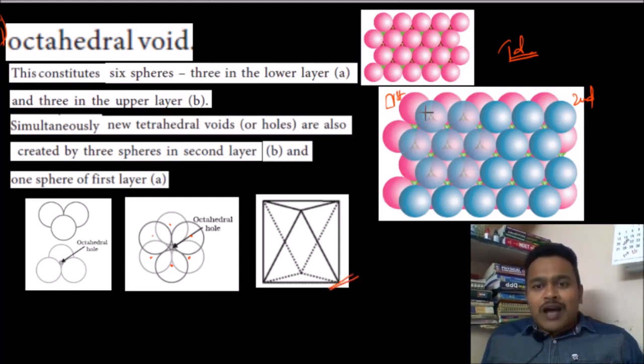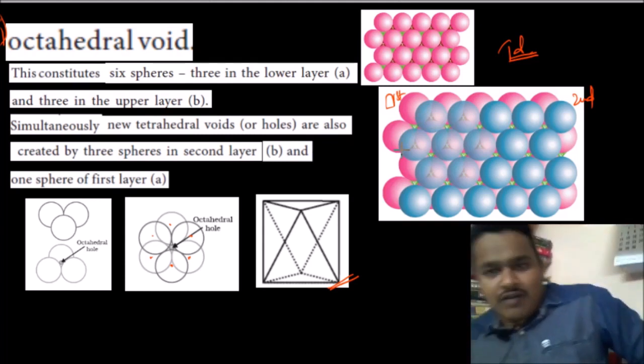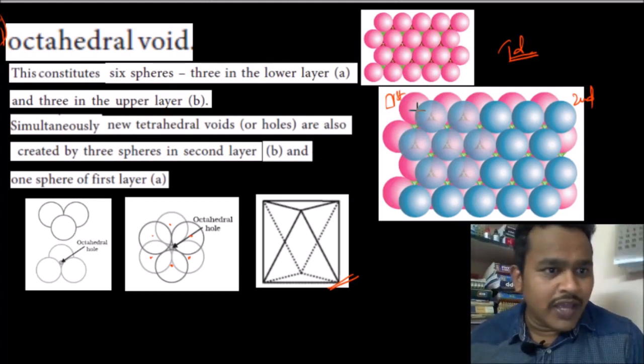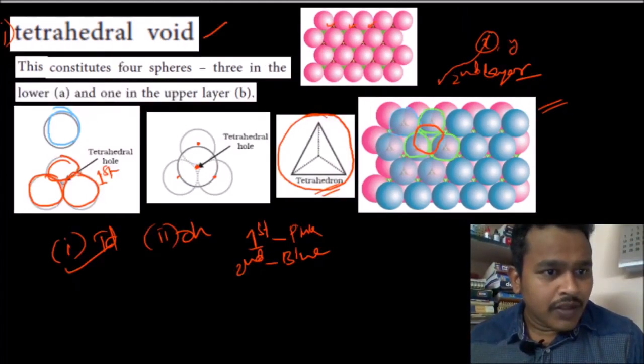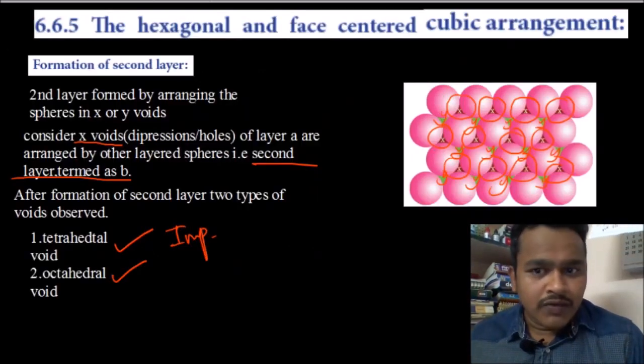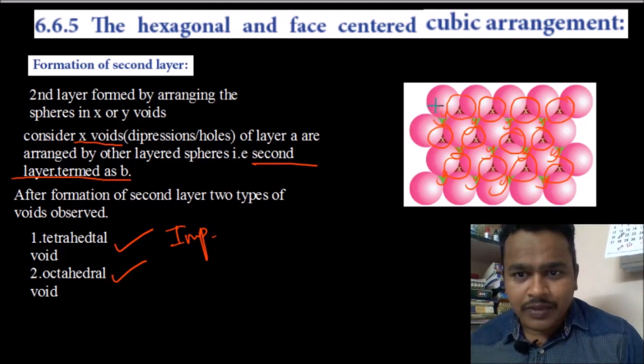Now we will observe where the octahedral voids are. See, green colors are there now. Initially we studied the Y gaps. These Y gaps are formed after the first layer.